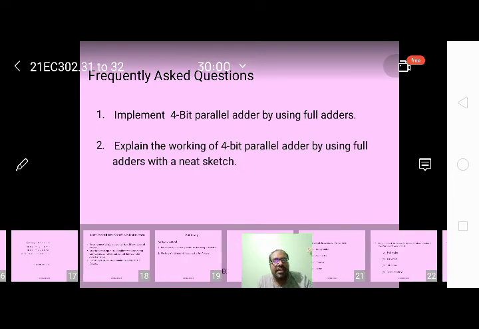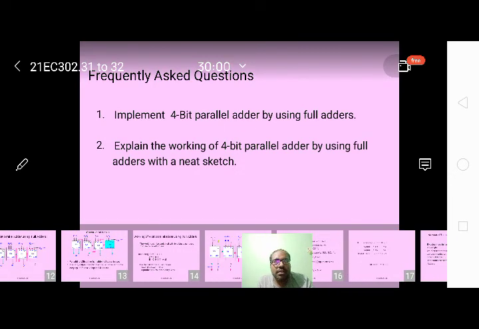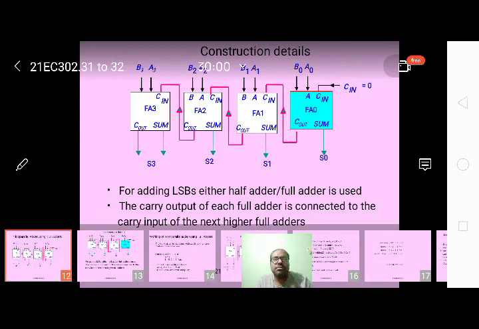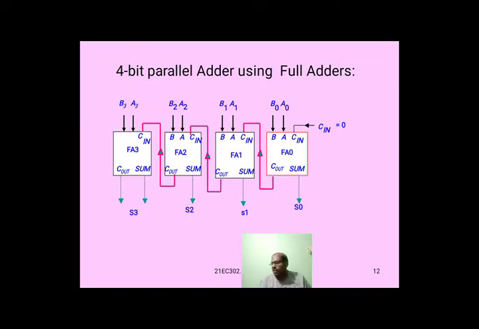Now I will give once again the four-bit parallel adder using full adders operation. Working of the 4-bit parallel adder using full adders. A 4-bit parallel adder is shown in the figure. The numbers being added are written as A3, A2, A1, A0 and B3, B2, B1, B0. The least significant bits of the two 4-bit numbers are represented by